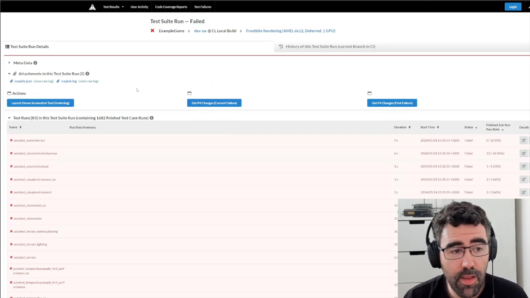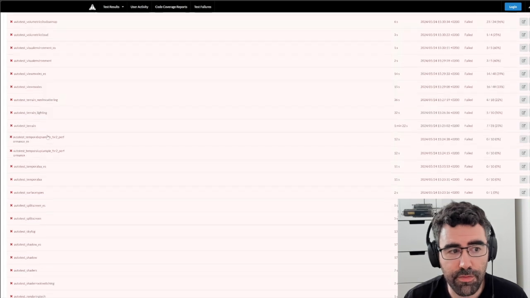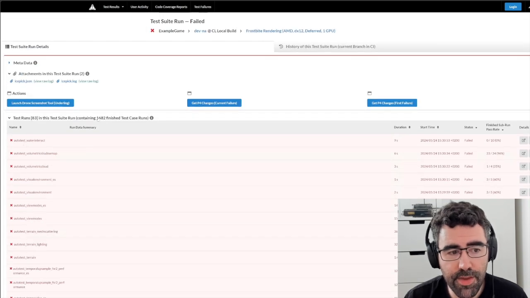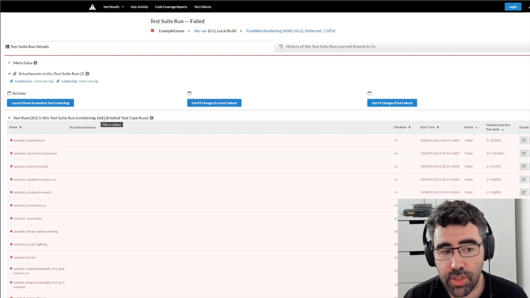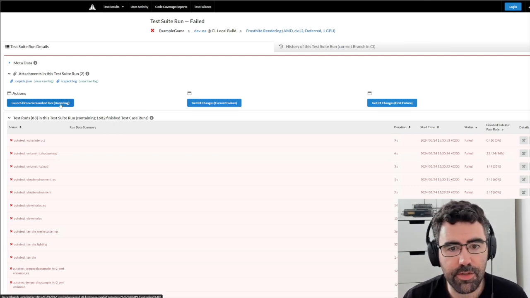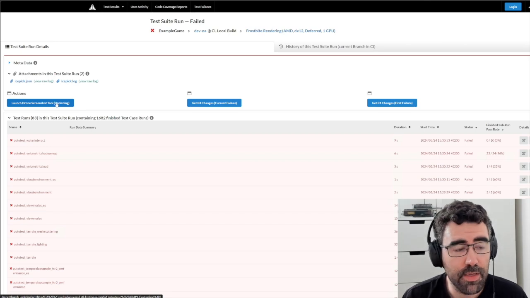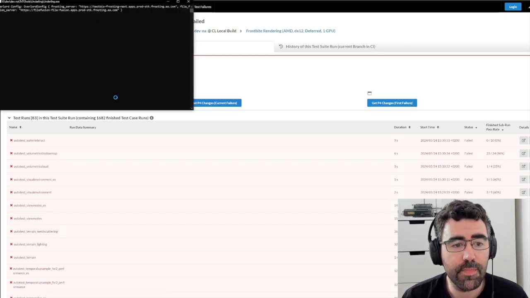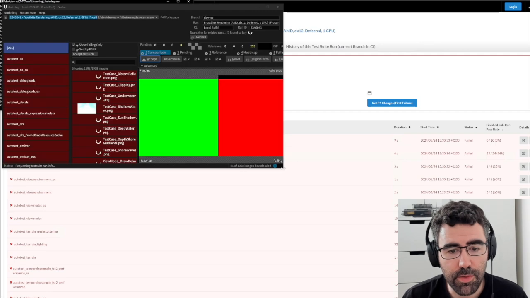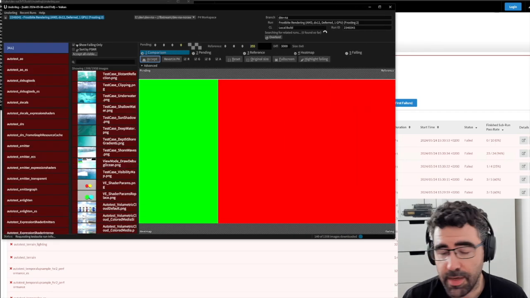So that works well, but it's not really fast when you have a lot of auto tests failing. You can see here that there's 1,682 images being generated. So if you want to inspect all of that, you're going to be there for a long time. So for that, we have another tool we call Underling, and this tool is designed to be really